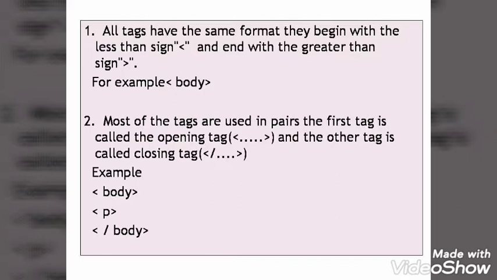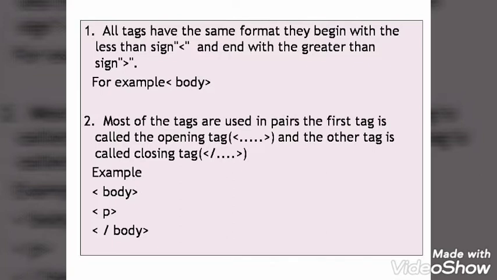Okay, so what is the format? You can see here we are using these brackets. You can say less than sign or greater than sign in common language. So this less than sign and greater than sign we are putting in between. We are writing the word, whatever we want, heading, body, title, it is written. So it is opening tag. Then we are using closing tag. When we finish this particular task, at the end we are putting closing tag.